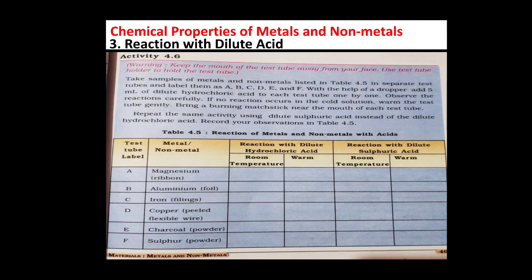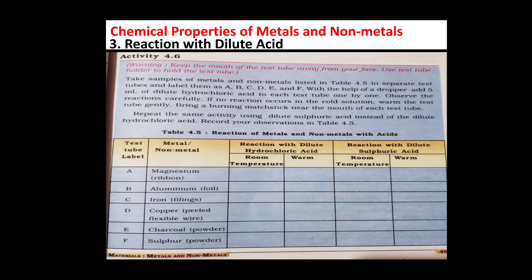See another activity, that is 4.6, and 4.6 is given on page number 49 in your book. Just see it. There are some metals and non-metals given, written in tabular form in the second column. What we have to do is, though we cannot perform it right now, just remember what could be the answer, and you have to think about it and write it manually.